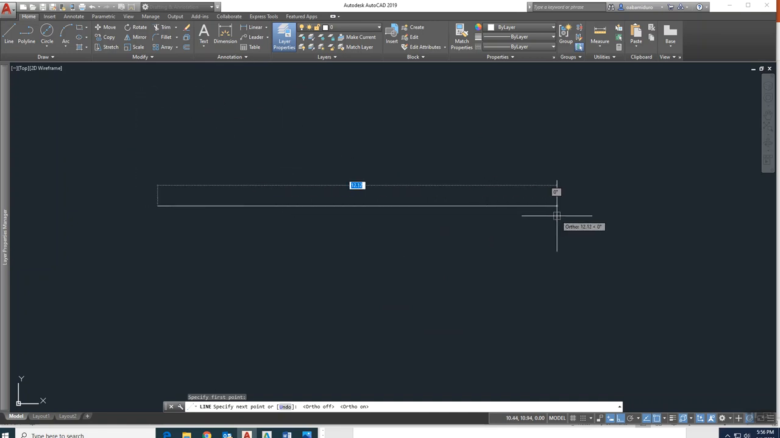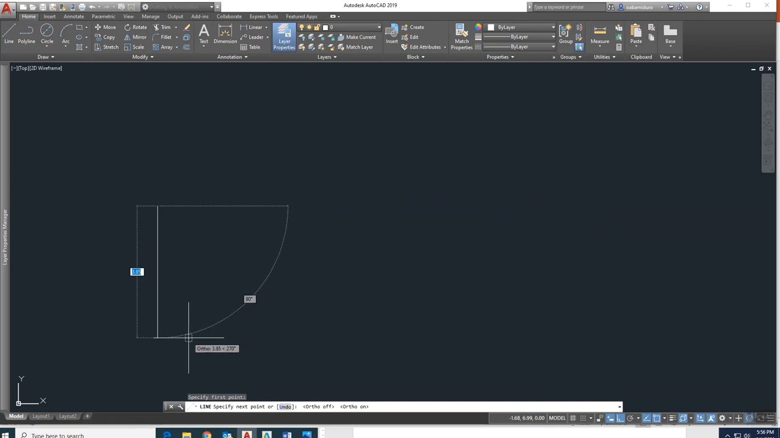And this is going east, 0 degrees. If I come down, it's going to come at 270. I go to the side to my right, 180 degrees. I go up, 90 degrees. Okay, so